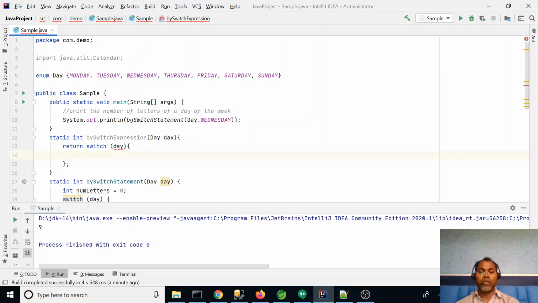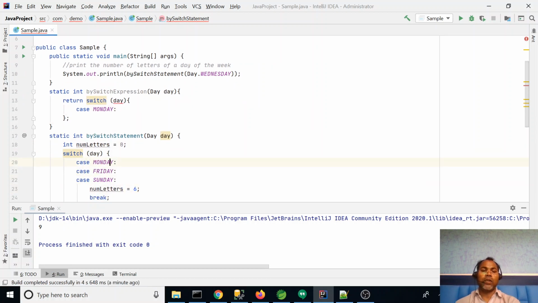So let's write case Monday. We have three days here: Monday, Friday, and Sunday, which return 6. So here we can write them similarly, with comma-separated values: Monday, Friday, Sunday.